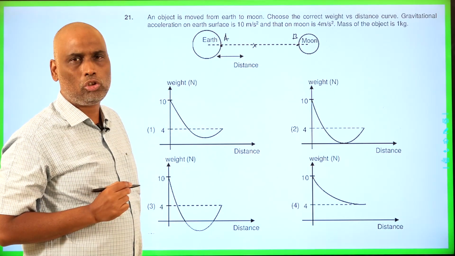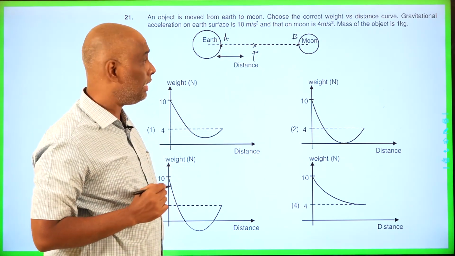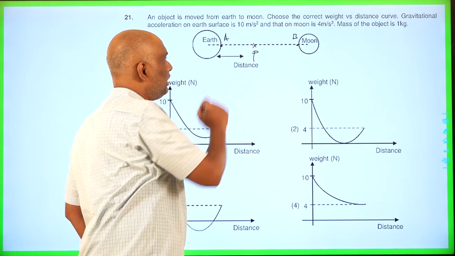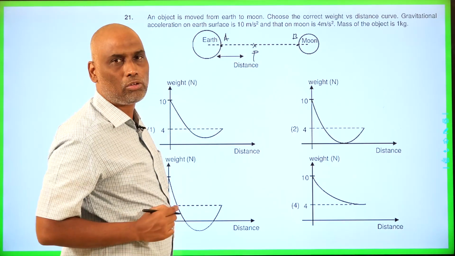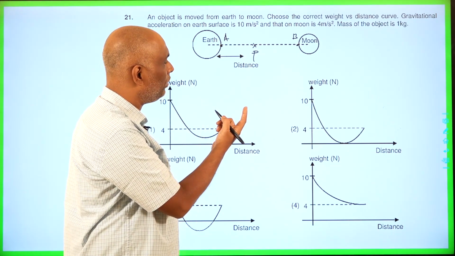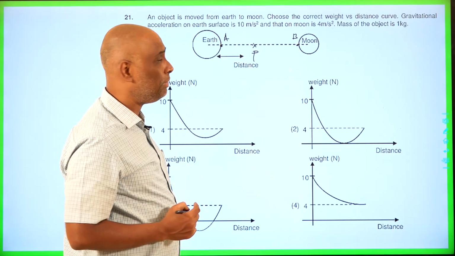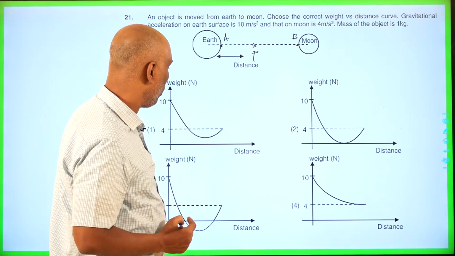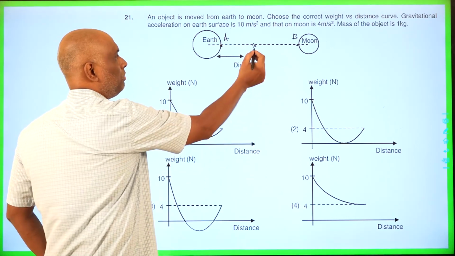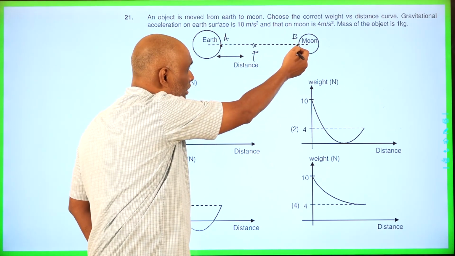Now as this body moves from here to here, there will exist one point where the field intensity due to both of them will become 0. For example, if P is a point where the field intensity due to both of them is 0, then at this point the effective value of g due to both of them will be 0. Later, once this crosses this point, the effect of gravity will be more because of the moon, and less because of the earth. So the weight should go on decreasing, and it should become 0 at a point called the null point.